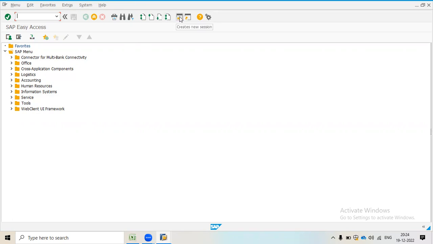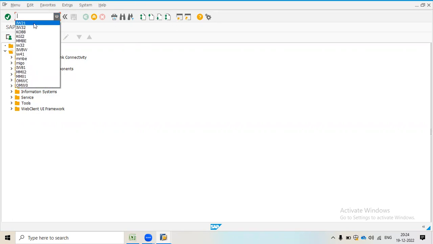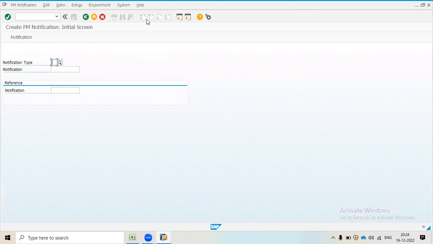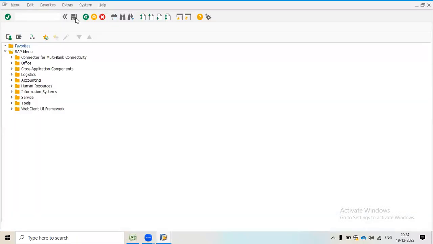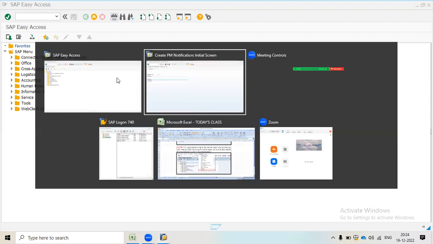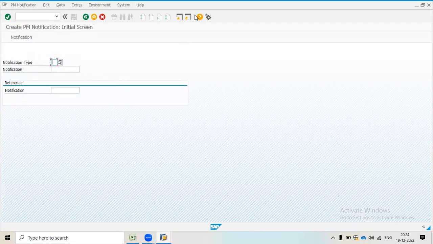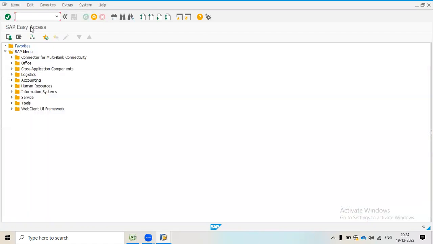Suppose you are performing this business transaction and you need a new window, then you click on it. You can come to a different window, and here you can see this is open. By clicking on this you can generate a shortcut. So this is the key. If you click on this, it will be cancelled. So there are different things and they have different features.